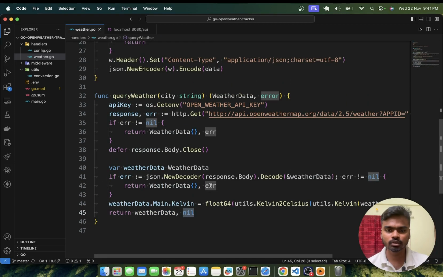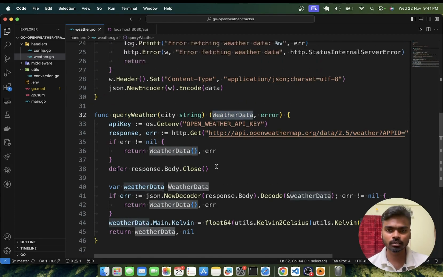If there is any error, we return the error and an empty weather data struct. And at last we are closing the response body with defer, which will execute at the end of this function call. So this query weather will return the weather data struct which contains the information of the city and the temperature of that particular city.